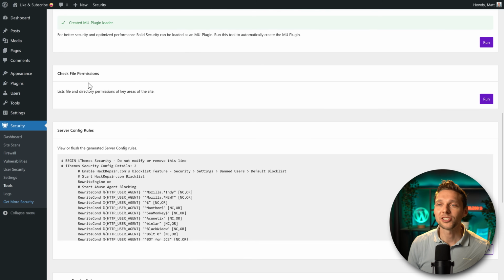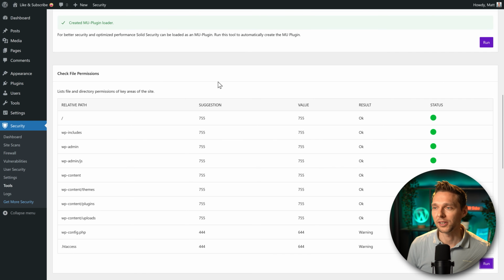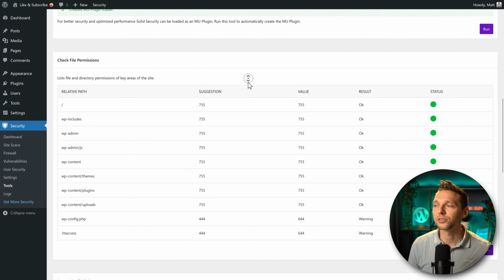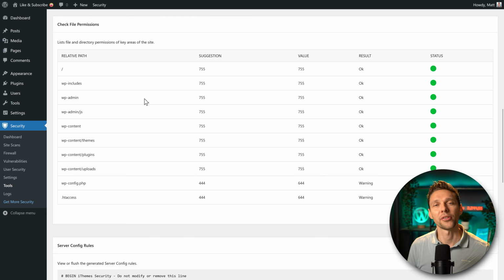Then we scroll down and we can check our file permissions. Just press on run and it will go over the most important files and paths on your website, like wp-includes and wp-admin. It should be 755. All these things are great, but then we can see wp-config and .htaccess is 644, and that results in a warning.